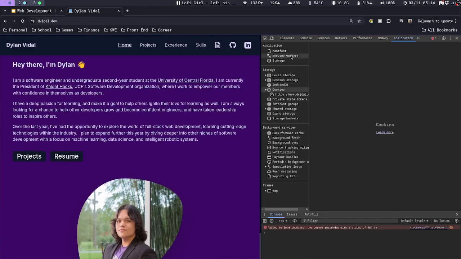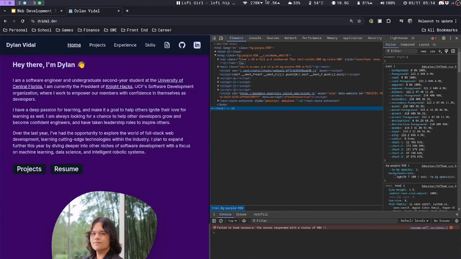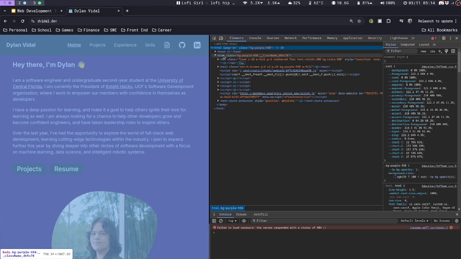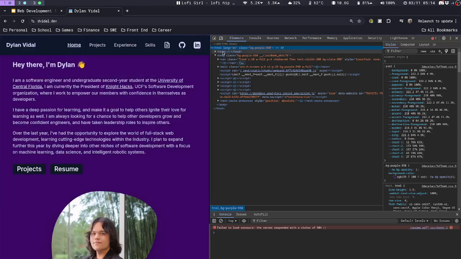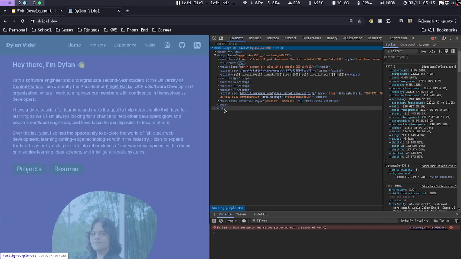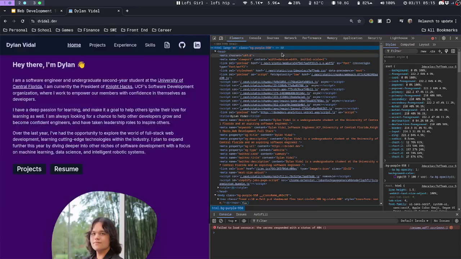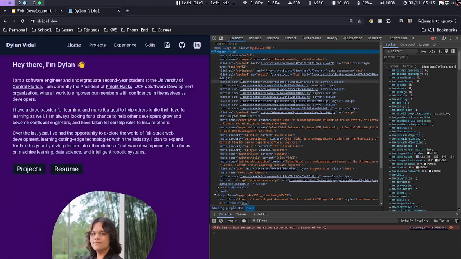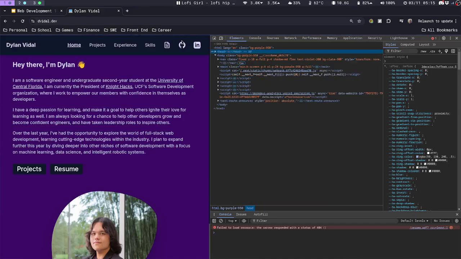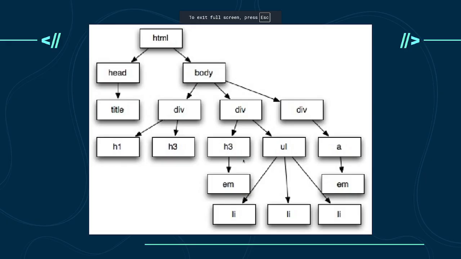If you open up the HTML right here, as you can see, the HTML component has all of this code inside of it, and notice how it's indented. In HTML, to denote a child, it's indented and wrapped. By that I mean all of this text here is indented one level, and the HTML wraps it. It's above and below it, right? And so you can see as we expand here the parent-child relationship. HTML is the parent to everything, whereas the head element is parent to everything inside of here. This is probably a nicer way to look at this, but fundamentally, keep in mind that they are the same thing. So this is how we can represent HTML.